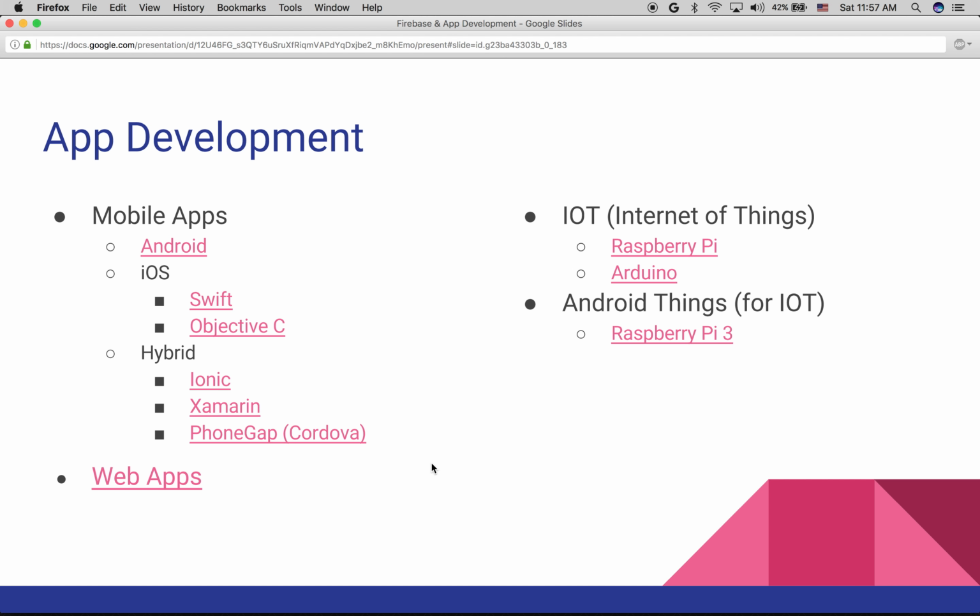You might say, I have to go with native apps or maybe hybrid apps. Or, I'm developing a customized device, so IoT. Or, I don't want to deal with all these things, mine is a simple content thing, so I can go with the web app. So take a look at these options and decide which one you want to pick. Okay, let me move on to the next slide.